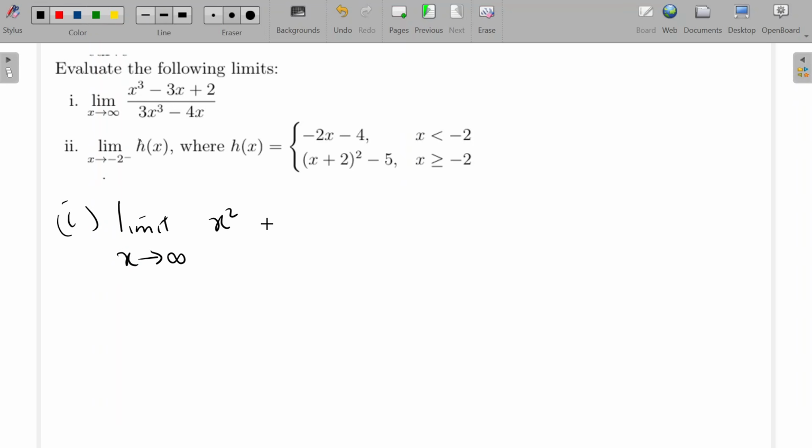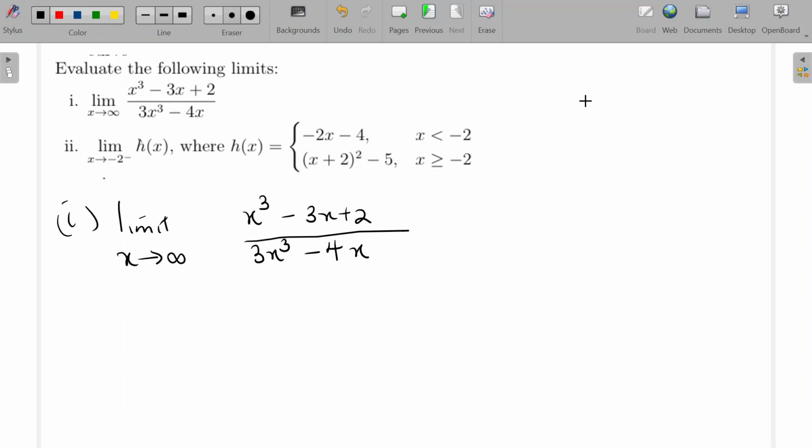Okay, for x squared, for x to the power 3 minus 3x plus 2, okay, over 3x to the power 3 minus 4x. Okay, so when you have this question, the best thing that you do is you divide out,